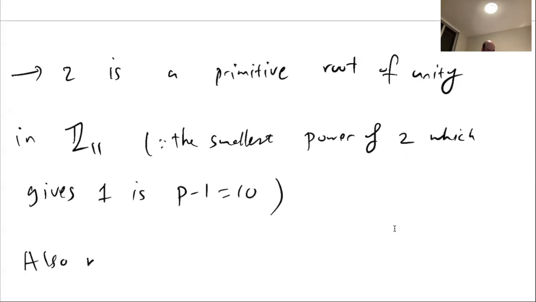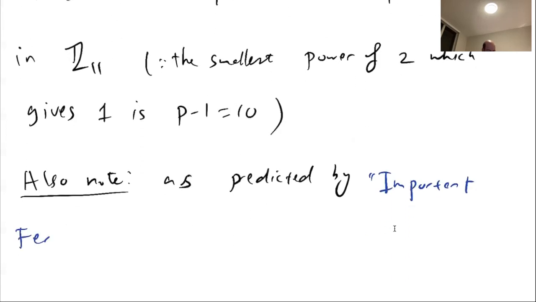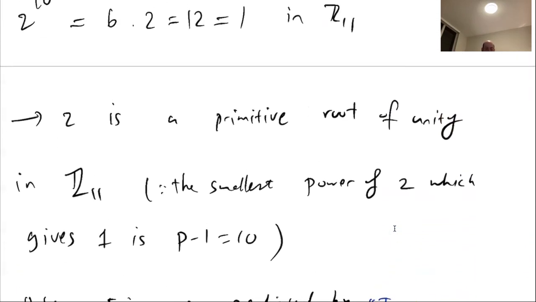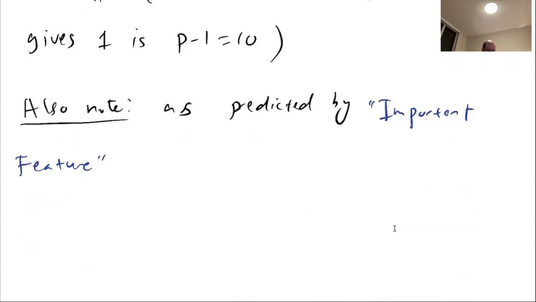Also note, as predicted by the important feature above, do you remember what we proved as the important feature? The important feature proved that if r is a primitive root of unity, then every number in Zp except 0 can be written as a power of r. So as predicted by the important feature,